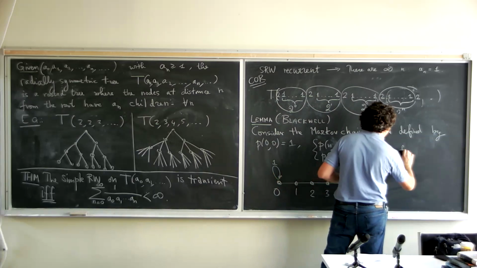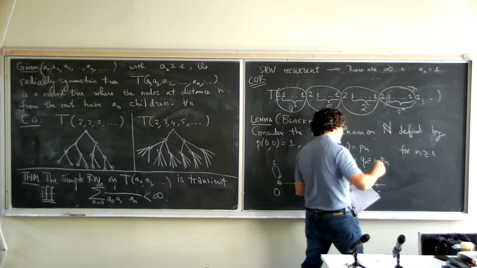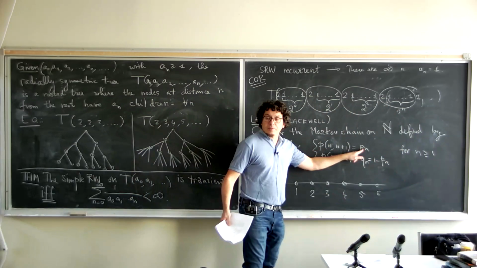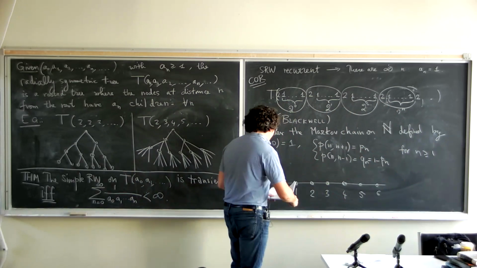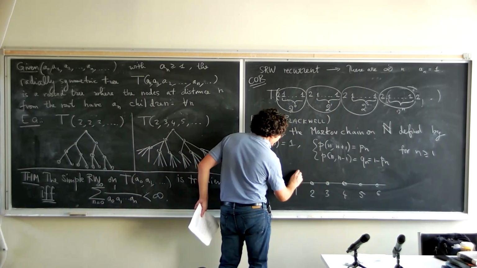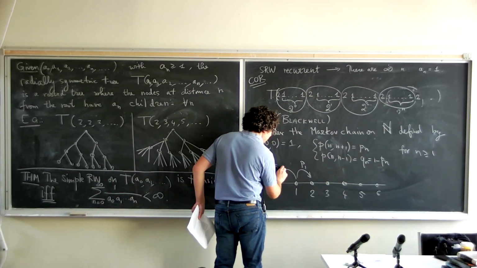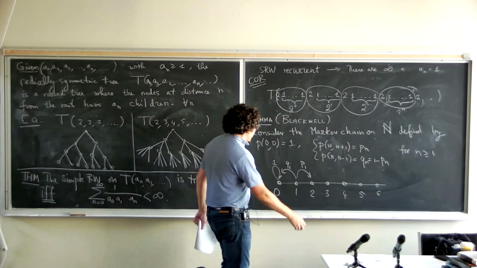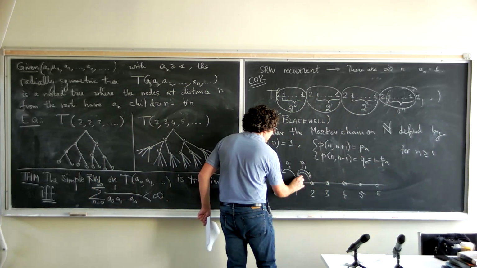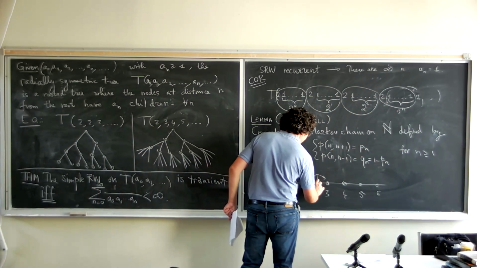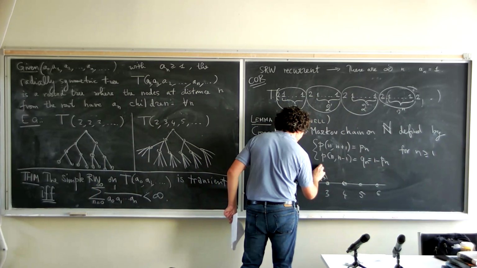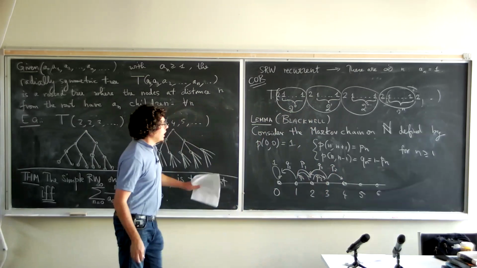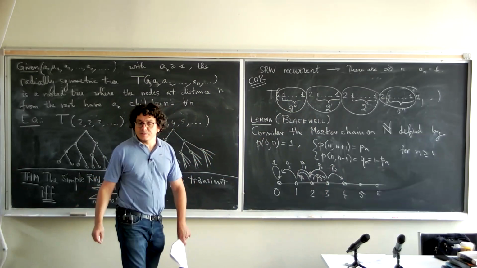So this is for n at least 1. So basically, in this Markov chain, you have some numbers. And then you have a probability of going forward. We call it P1 here. And Q1 is the probability of going backwards. And so forth. So if you're in 2, you have Q2 and P2 and so forth. And so this is Q3. And this is P3. So you have some sequence of numbers like this.